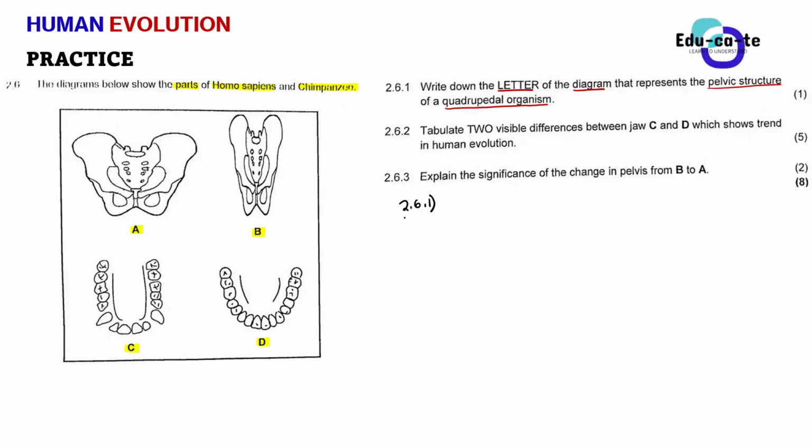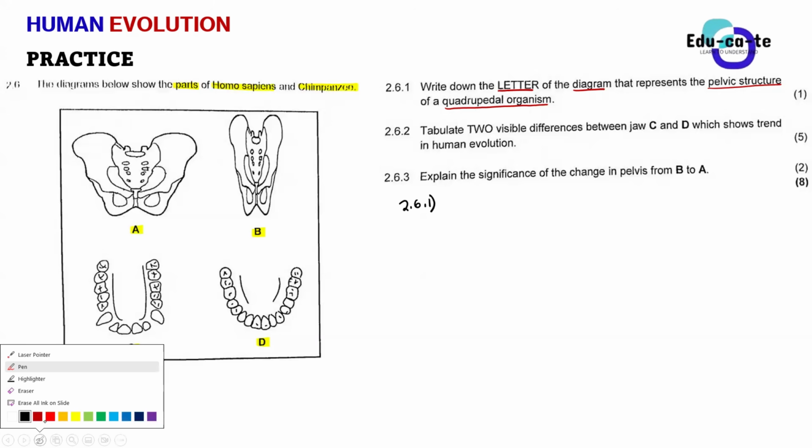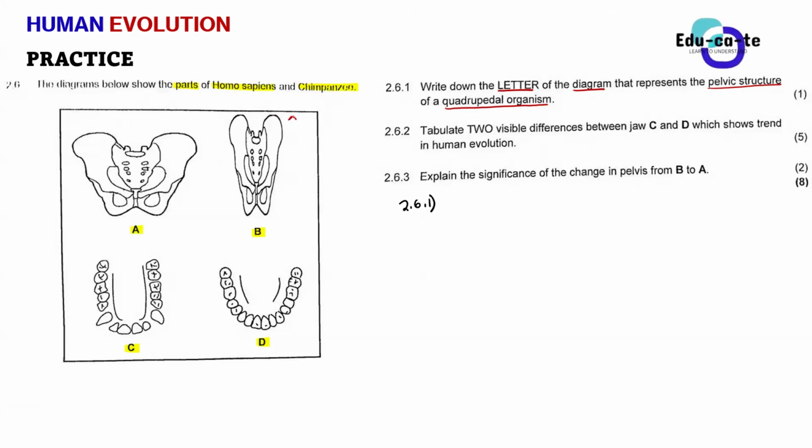Okay, exactly. Guys, when I explained the differences due to bipedalism, the differences between the African apes and the humans, we said that the African apes have a longer and narrower pelvic structure, or pelvic girdle. It is longer, but it has a narrow, small diameter. That is what causes them to not be able to support a vertical weight. That is why they cannot stand upright for a longer time. So basically, they will end up walking with all 4 legs rather than walking with 2 legs.